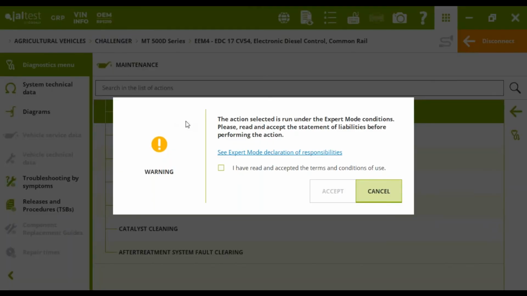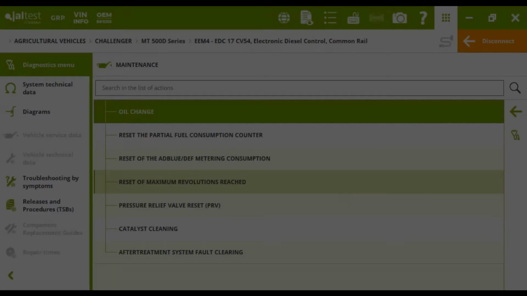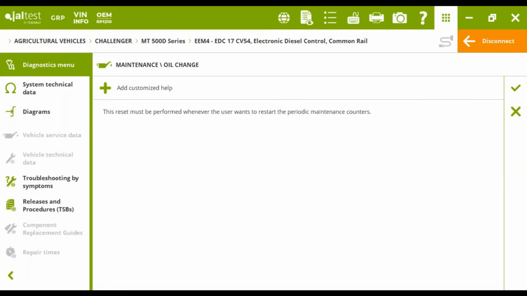Clicking on here, that is going to be needed every time we do a maintenance action, such as changing the oil or replacing the filters. We're going to need to let the ECU, the electronic control unit, know that the engine is now ready and we have completed the changes or the replacement, the oil change or the replacement of